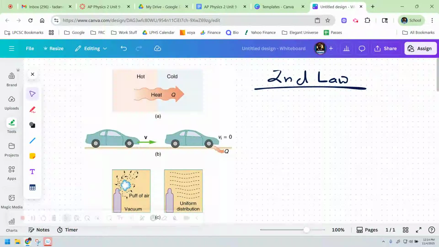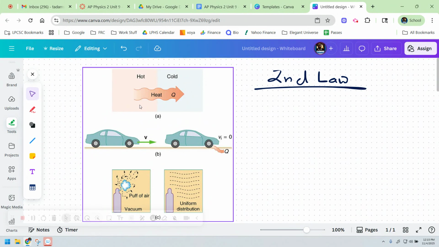All right, so today we're going to talk about the second law of thermodynamics. And basically, heat transfers are spontaneous, where we go from something that's hot to cold, but never spontaneous in the reverse direction. So it always goes,